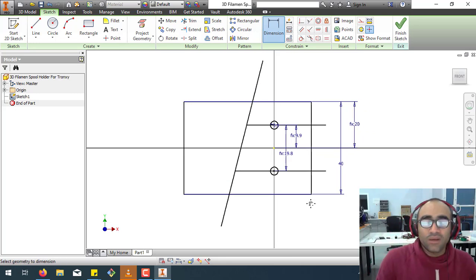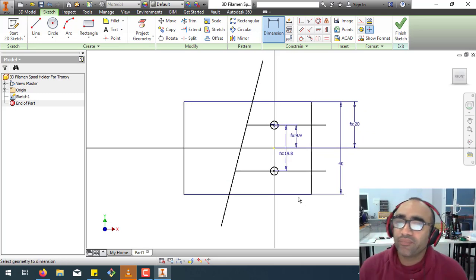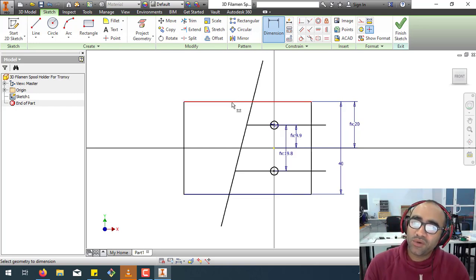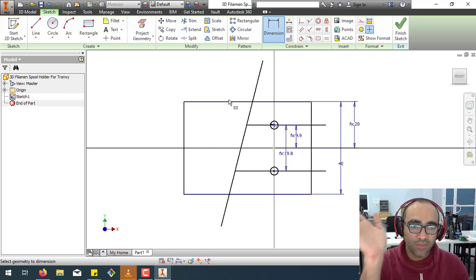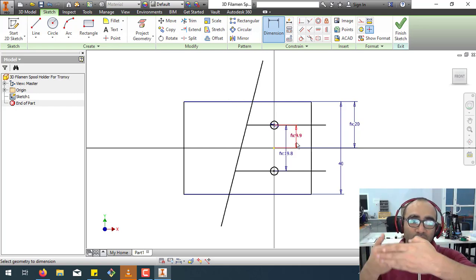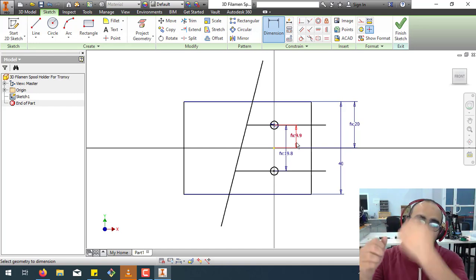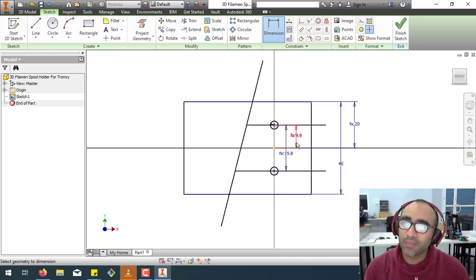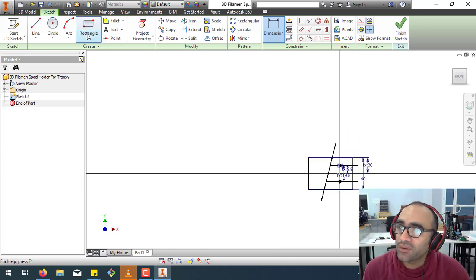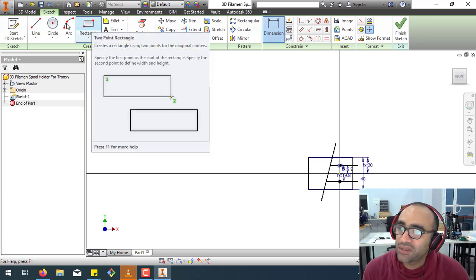Okay. Now what we have to do is try to make this box go in the opposite direction, upwards, because we don't want the spool to be held like this, because it's going to make a heavy weight on the spool holder. It might become inclined after a while, but when you make it like this, it has the leverage. So what we are going to do is